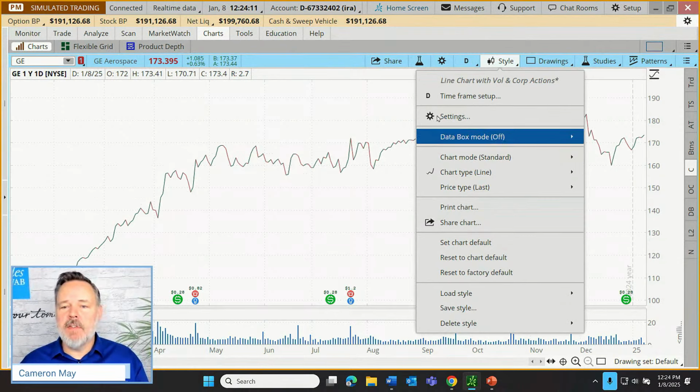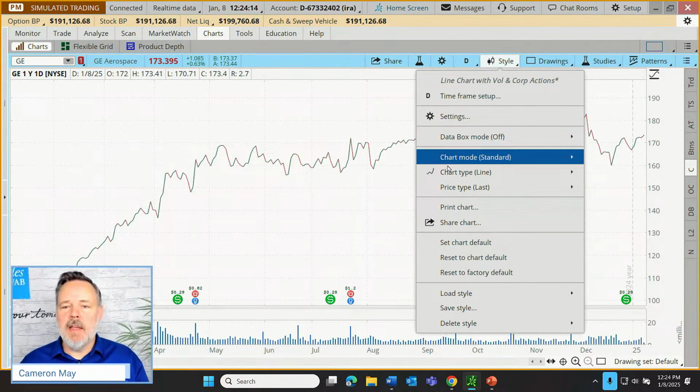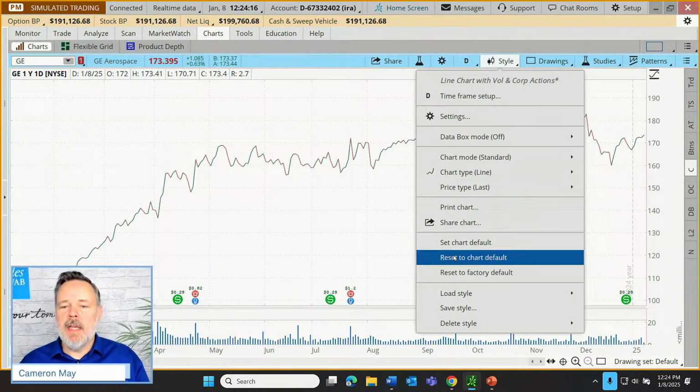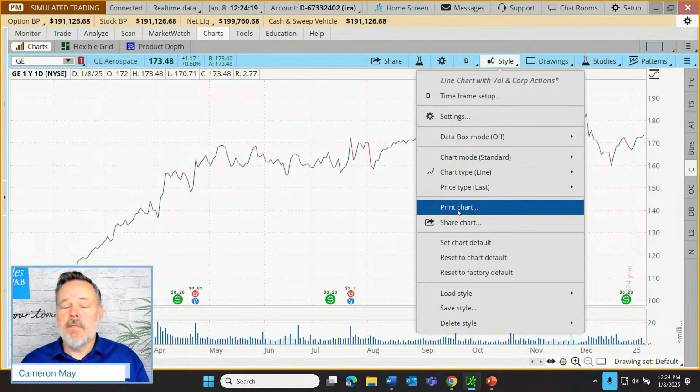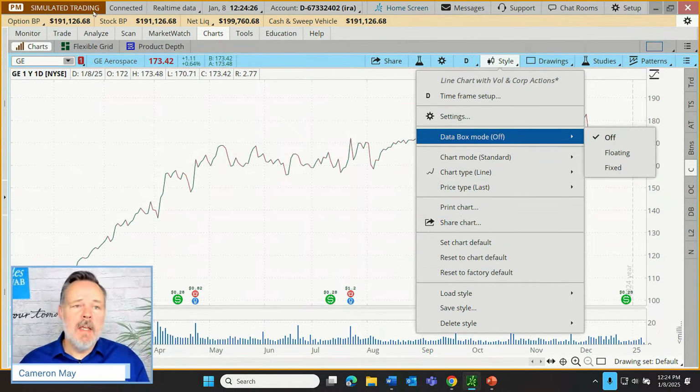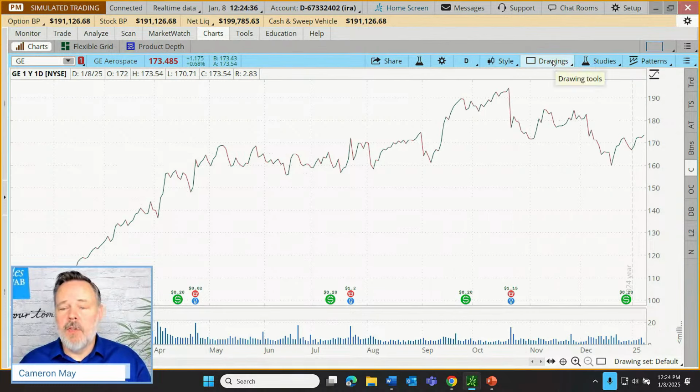Lots of other features, gives us direct access to our settings. Lots of other things that I'm not going to get into today, but just don't be afraid. Click on the menu, read through, see if something's intriguing, click on that and investigate it. When we're in a simulated trading environment, there's no real skin in the game. There's no real damage that can be done to one's portfolio. It's a great place to learn the tools and strategies and techniques and new approaches to the market with no risk. Okay. All right, next up are drawing tools.